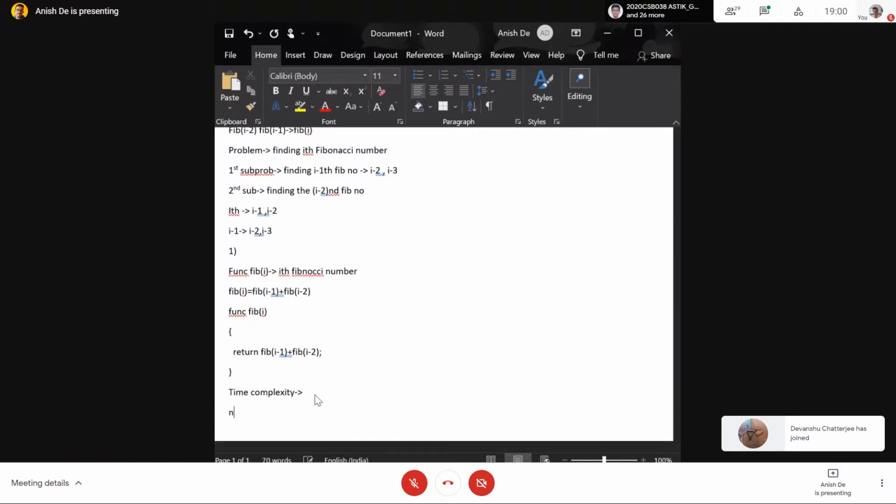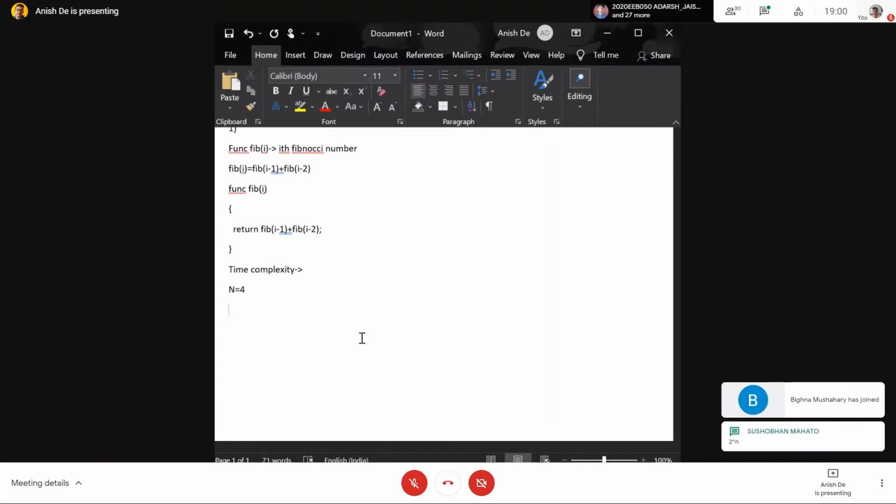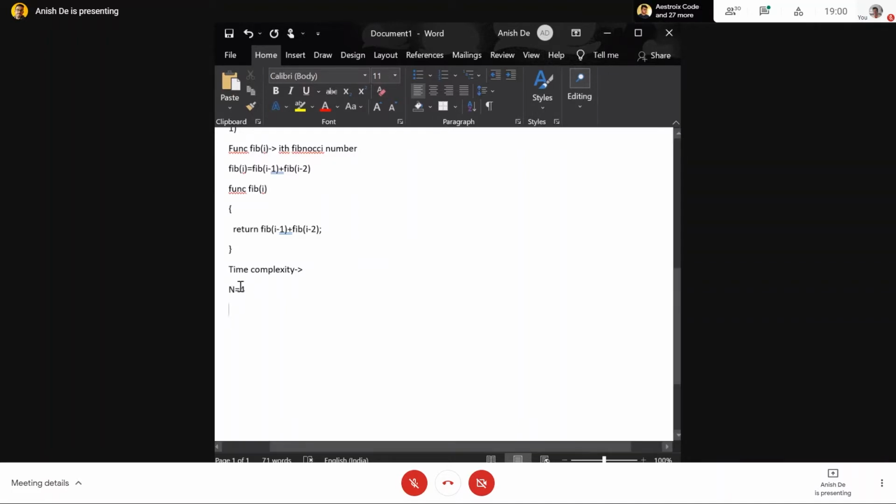You can consider n equals to 4 and see how many times the function will be called. People had time complexity, right? Yes. This is the most common question we all ask daily when we solve problems in every CF round. This is the question we should ask ourselves. We should come up with the time complexity very fast. You can tell the number of times the function will be called, if you don't know what the time complexity will be, for n equals to 4.